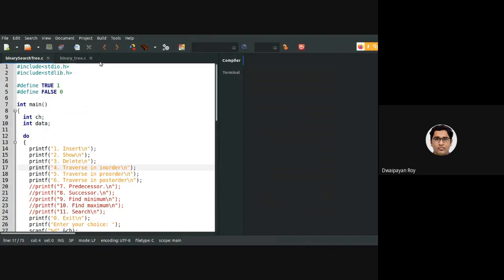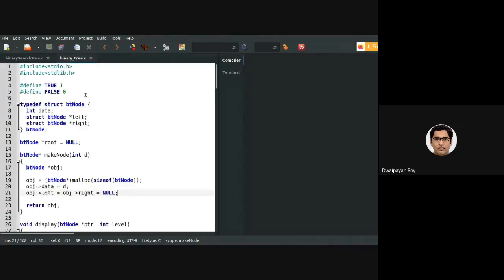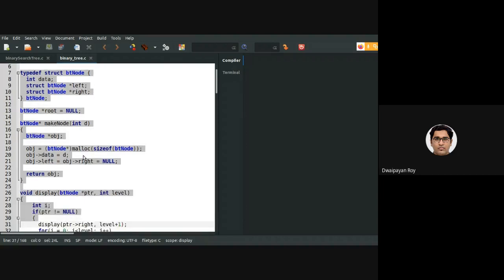Another thing is, as we have discussed, the BT node will be the same as the one that we discussed in binary tree, and also the make node function. The make node function will be creating the node with the data that we are passing as parameter, as well as the display function.